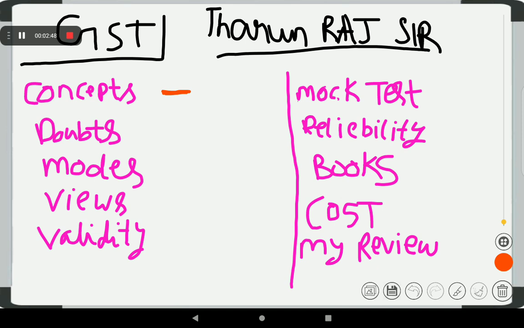Doubts: in the face-to-face class, sir actually rectifies the doubts, which is actually a good one. Concepts and remembering the things go simultaneously. If you can't remember something, you can ask for the logic, and sir says the logic, but sir doesn't say the logic for everything. For 50%, sir says the logic, and for 50%, sir says to remember the things. So in doubts, sir clears the doubts clearly.